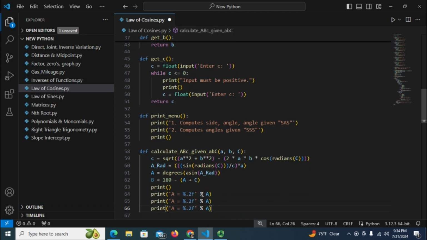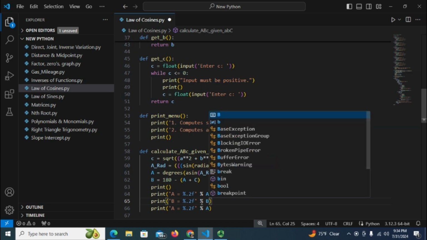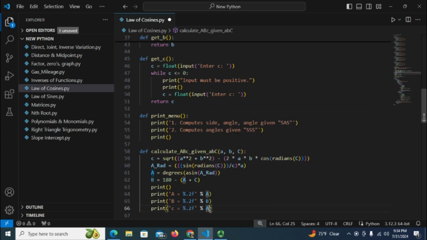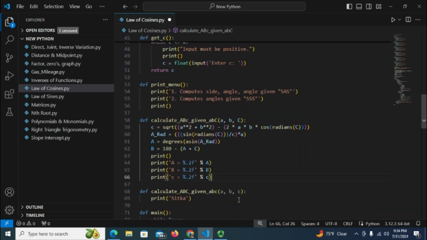And then we can do B and C here. B equals %B, and then C, the lowercase c is side C. Just like that, that's done. The first function is done. And now the second function is going to take the parameters, all the sides, and we need to calculate all